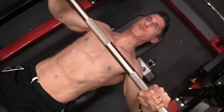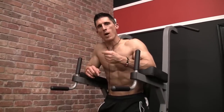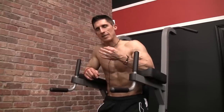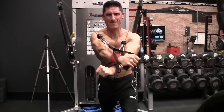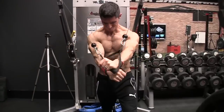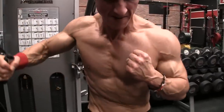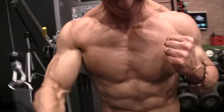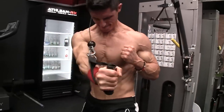Finally, you want to make sure that you're introducing not just those 3 big exercises. As much as we love dips, bench press, and push-ups, you do want to make sure that you're strengthening the chest, because that is where your weakness is. And a great way to do that is to introduce some exercises that actually take the chest through full adduction, crossing midline, like a crossover, that's going to allow you to actually load up the weight as well. This does not have to be done as a weak and light exercise. You can add some weight here. Just make sure that you're doing them through their full range of motion,